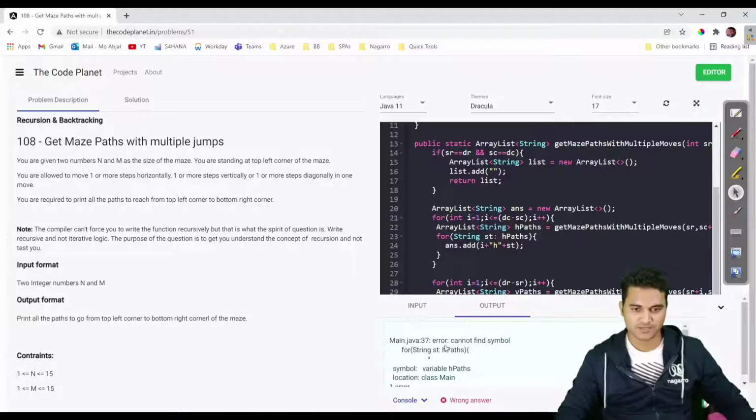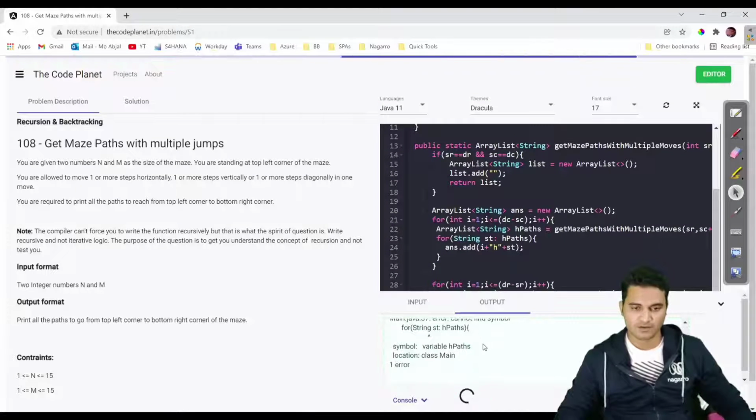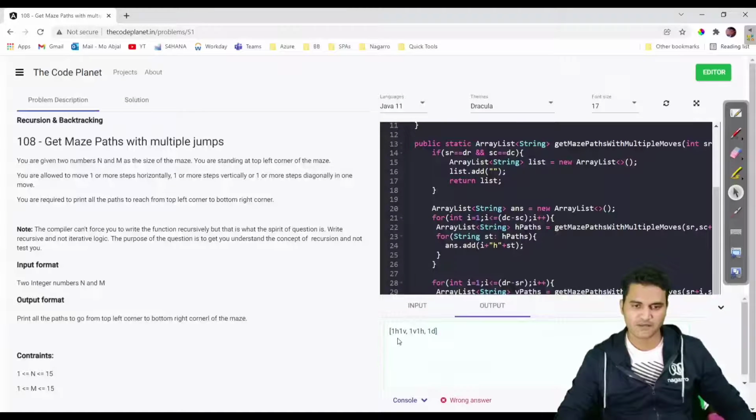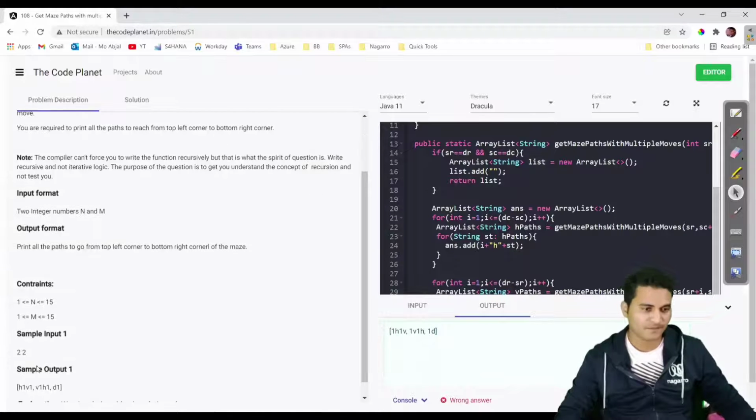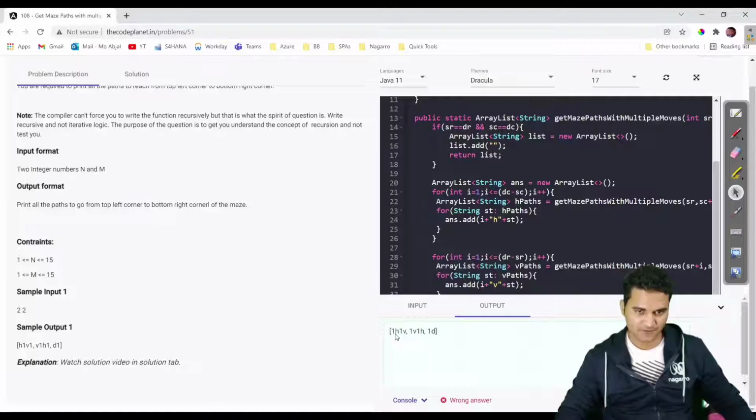Now let us try to see. Still we have an error, cannot find symbol, h paths, line 37. Okay, so here we have written d paths. Yes, of course I will have to write d paths. This is wrong because d paths is basically diagonal path. So now we do not have any compilation error. Now we are getting our answer as one horizontal, one vertical, one vertical, one horizontal, and one diagonal for 2,2. Is this answer matching? Yes, it is matching. So what we have done, we have appended one before, but we have to append,